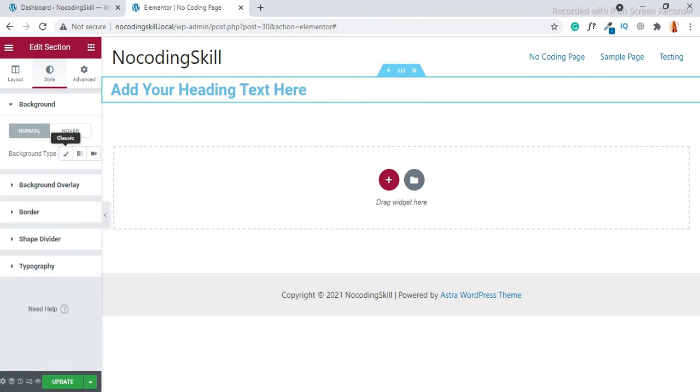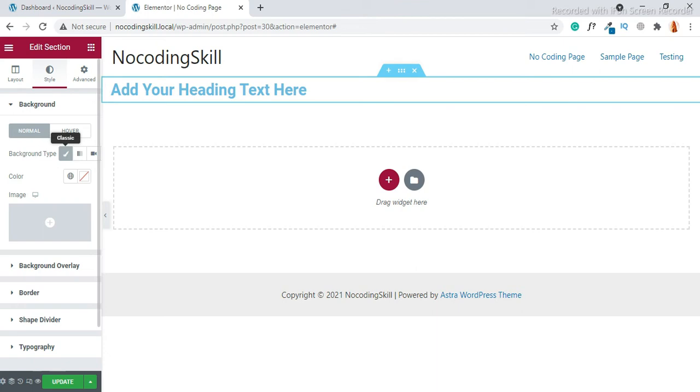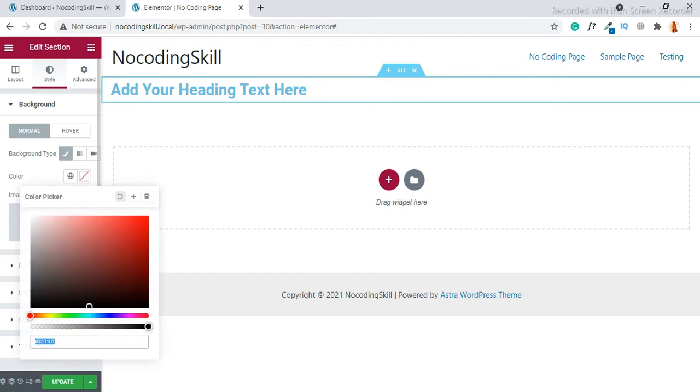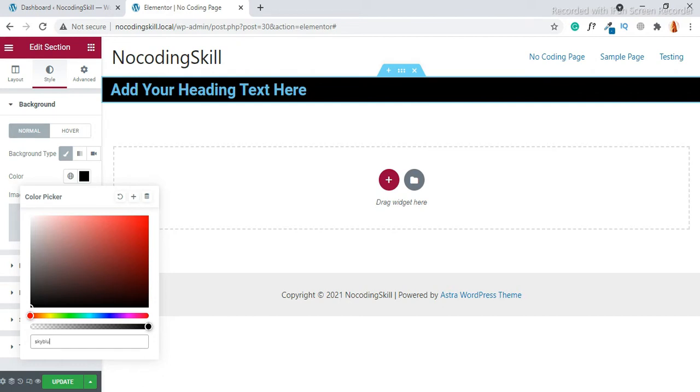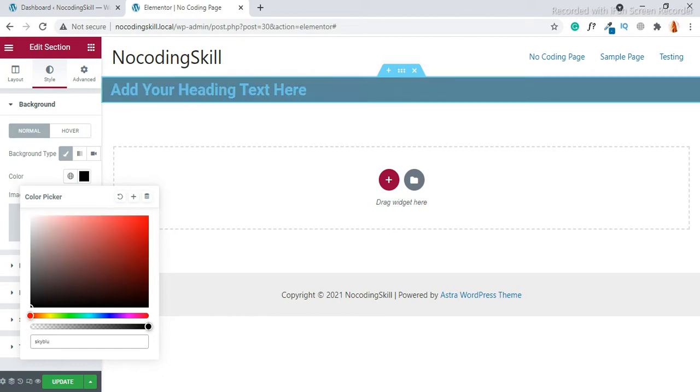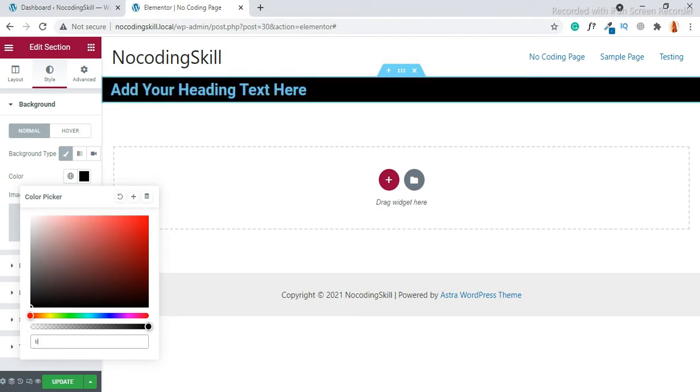Click on this style and you can see the background type. Click over here, and from here you can set a color, meaning the background color. Click on this and you can set a color. You can also set it manually: if you want sky blue, you can type it here. Or black, you can set the color from here.